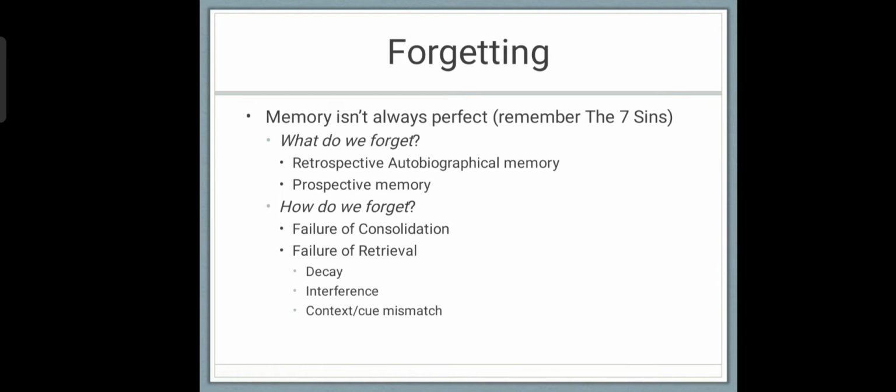Okay, next is failure of retrieval. The things that we try to remember, why is failure of retrieval happening? Because of decay, interference, and context or cue mismatch. Decay is a decay of information. What is that? You can take the example of